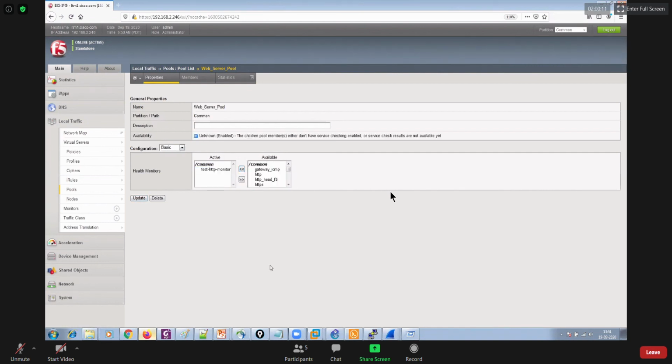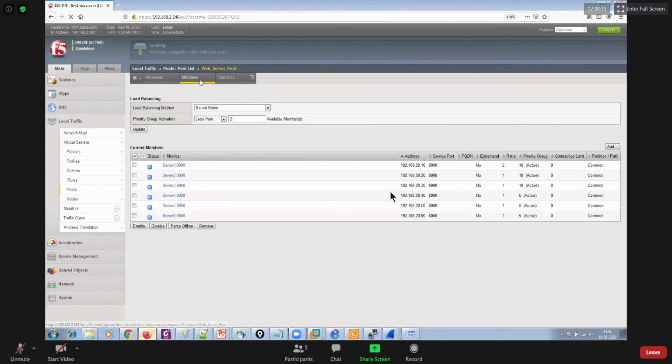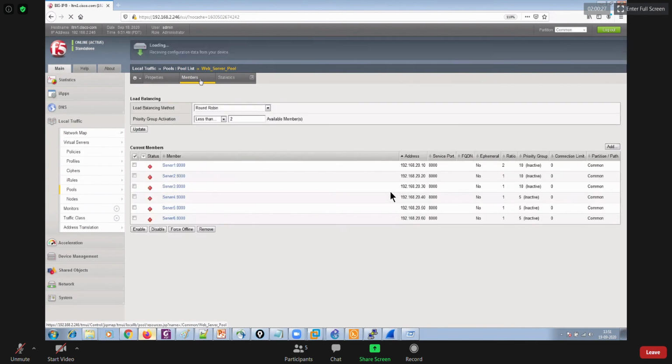That's only one, right? So the properties, the status should be up. Taking a long time. It's down, which means that something is wrong.